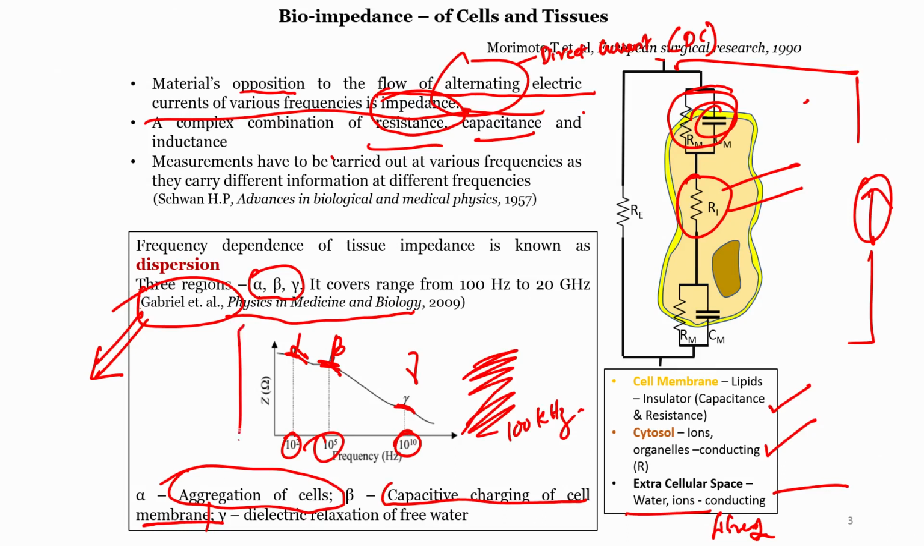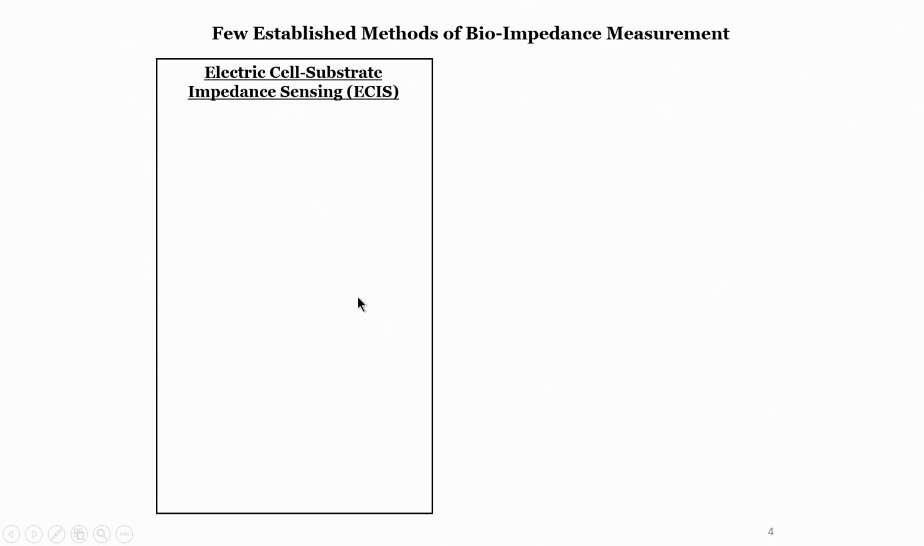What you see is the impedance spectra of biological tissues and the existence of dispersion, alpha, beta, gamma dispersion, which we have just covered. I hope this is clear, and please ask your questions in the forum if you have any doubts in this section. Now we have seen the basic concepts of measuring the electrical impedance of cells, but